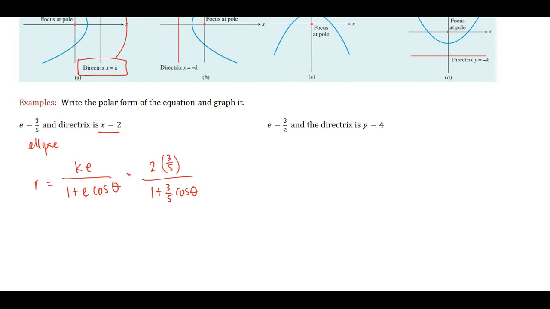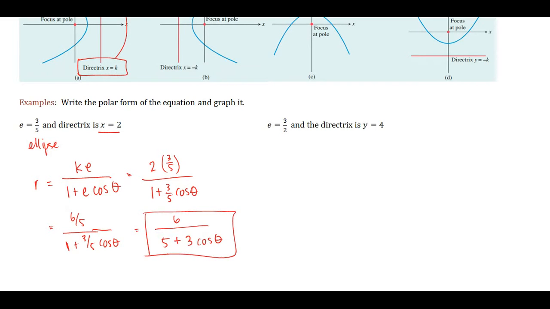Now we've got to clean that up an awful lot. So we'll make the top 6/5 over 1 plus 3/5 cosine of the angle. Now that doesn't look too pretty still, so what I'm going to do is get rid of all these fractions. I'll multiply everybody by 5. Multiplying the top by 5, I get 6 over 5 plus 3 cosine theta, and there is my polar equation